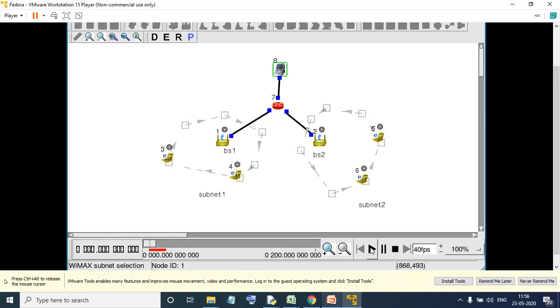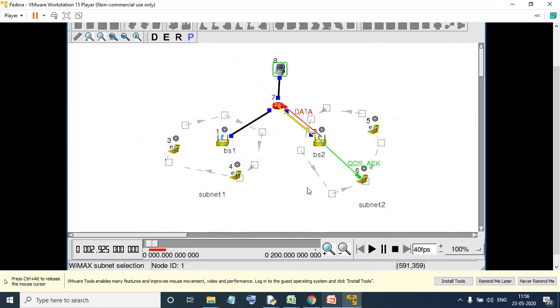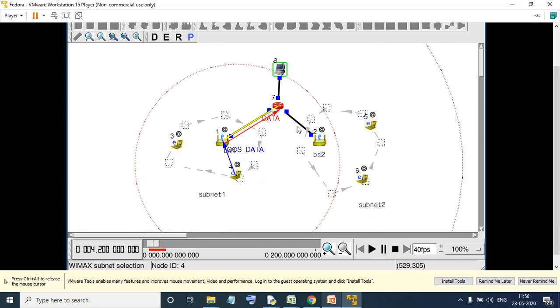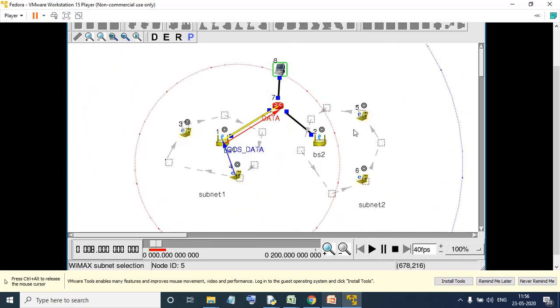So once I press here playback, you can observe the nodes are moving, and you can also observe the transmission is happening, the transmission range which is happening in red and blue. If I pause it, you can see that one of the nodes will be moving, the particular node is moving and its transmission range with respect to the whole diagram. So if I play it again, you can see this node is moving. In blue it is showing the transmission. Here this node is moving.